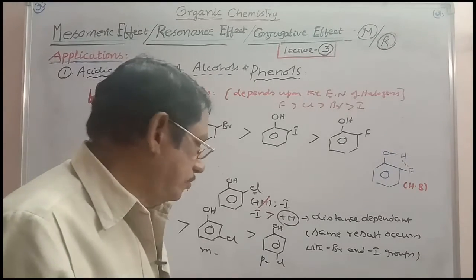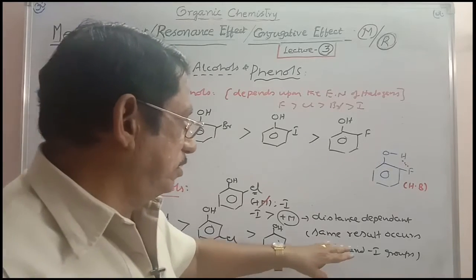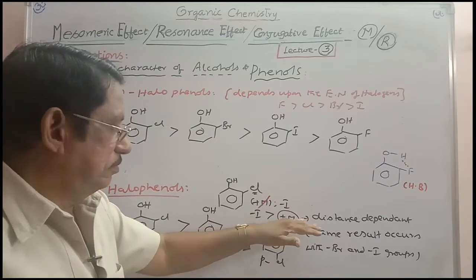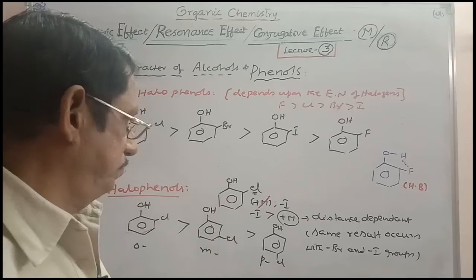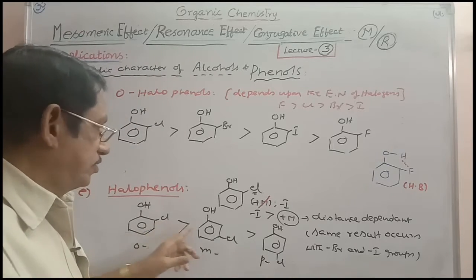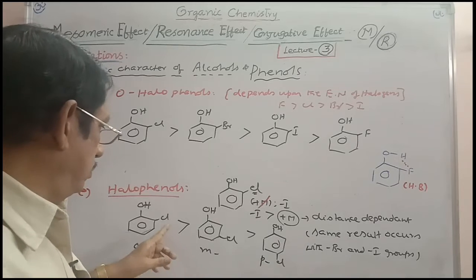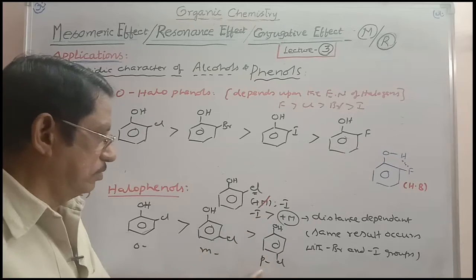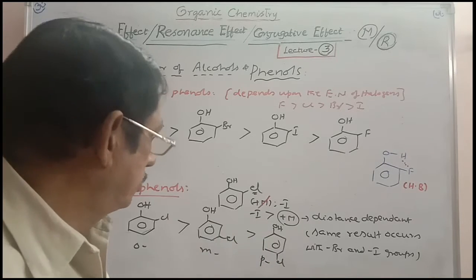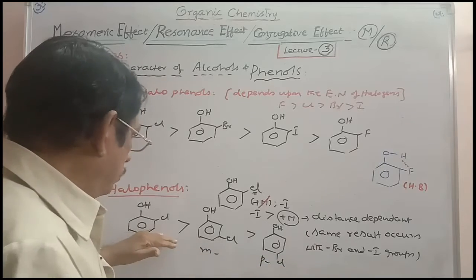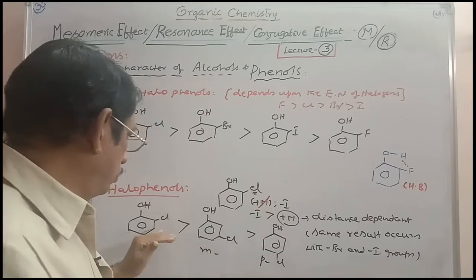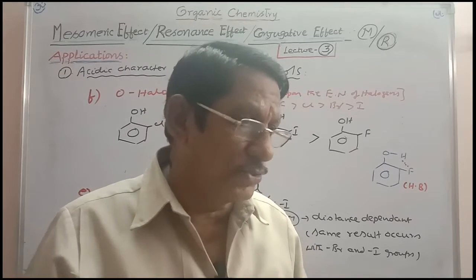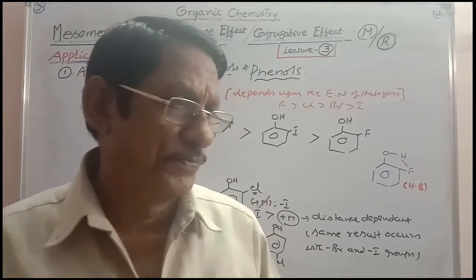So now let us consider the ortho, meta, para chlorophenols, which depend completely on the inductive effect, because inductive effect is dominating the mesomeric effect in the case of halophenols, which is a special case. As the distance increases, inductivity diminishes, and that is why orthochlorophenol is more acidic than metachlorophenol, which is more acidic than parachlorophenol, as seen in this case. Similarly, you can take bromo group, the same result holds good, iodo group, the same result holds good. But in the case of fluoro group, it is a special case once again.